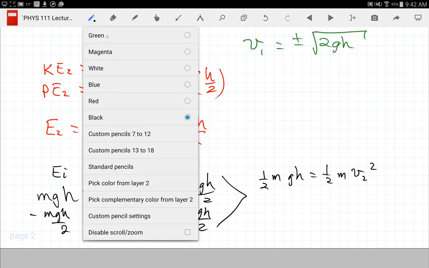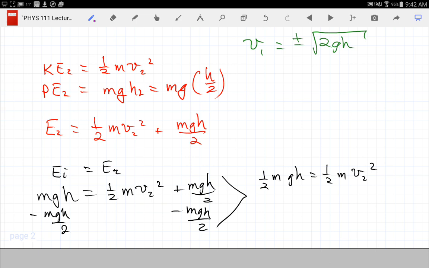Okay, you guys all have a reasonable amount of math, right? There's a requirement. How do I solve this for v2? Okay, I'm going to have to divide both sides by m